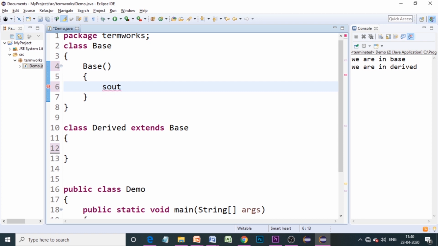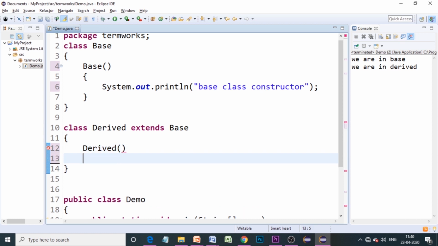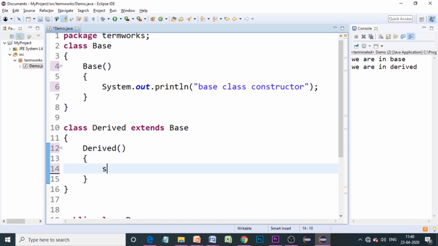And let's put a System.out.println statement: base class constructor. Similarly, I'm going to create a derived class's constructor also, and again this is going to be a parameterless constructor, and let's put System.out.println over here and write it as derived class constructor.